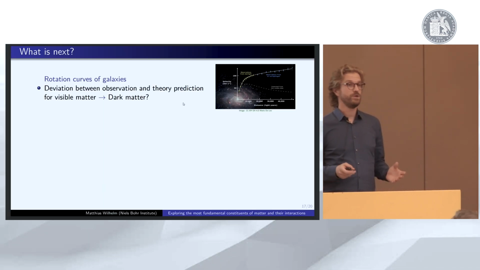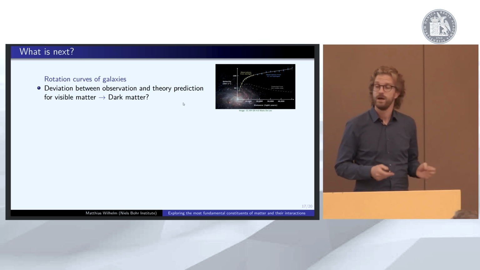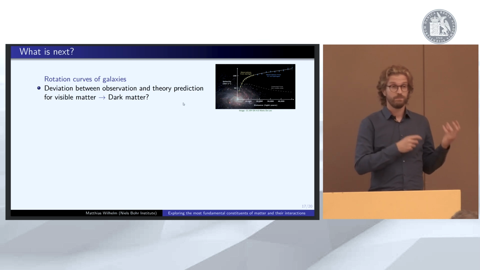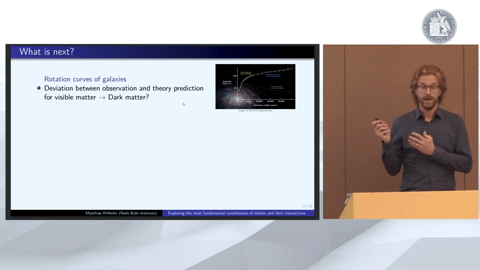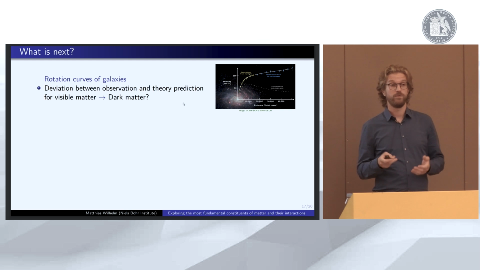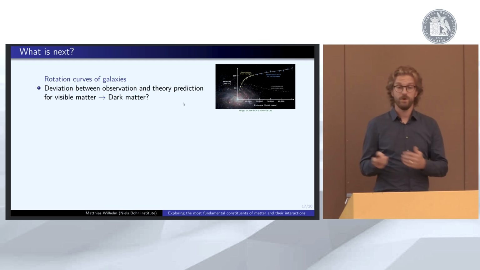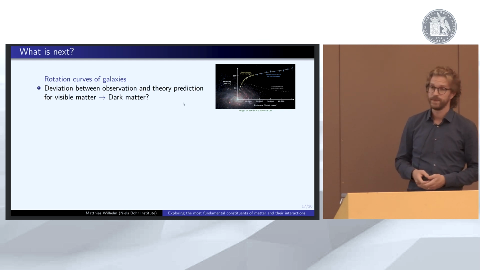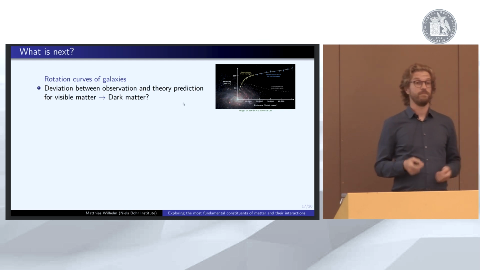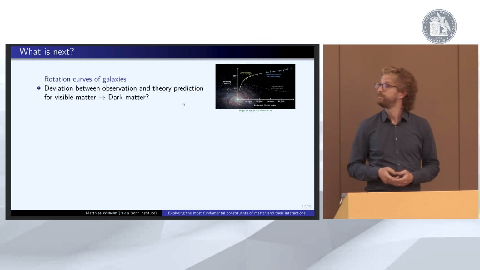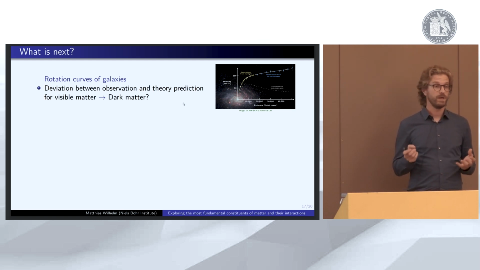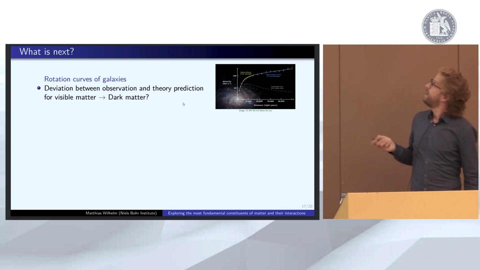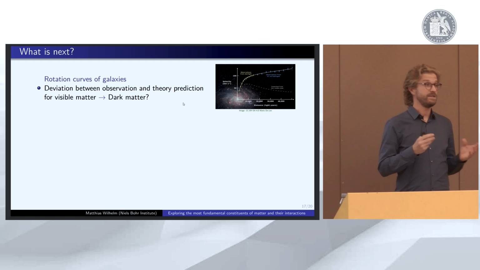So far, I've told you about many cases in the past where the intricate interplay between theory predictions and experimental observations has led to the discovery of more particles and also more refined understanding via theory how these particles interact. However, there's still some unexplained discrepancies. For example, we can look at the neighboring galaxies in the sky and see how the stars rotate around the center of these galaxies.